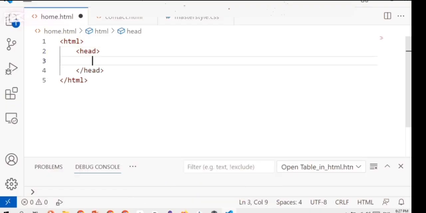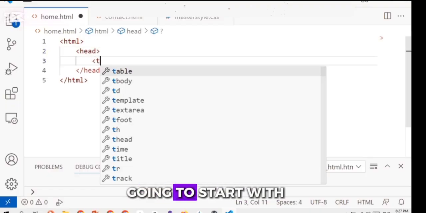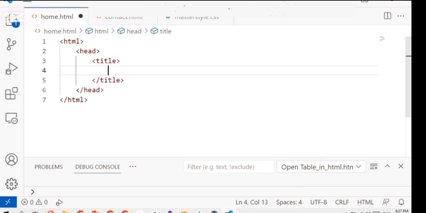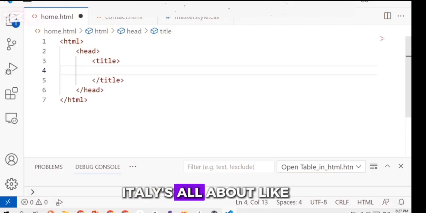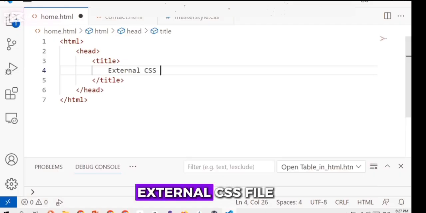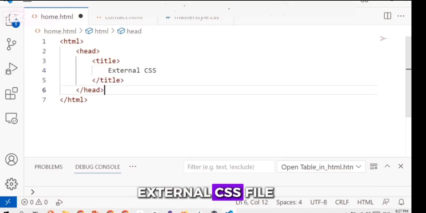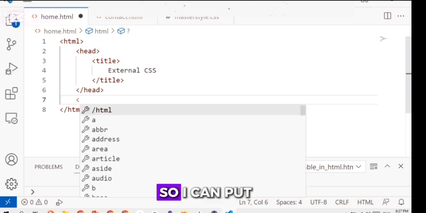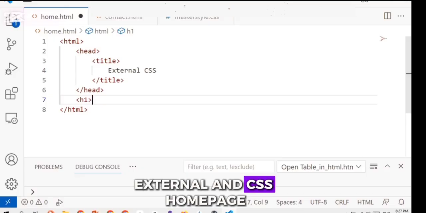Okay, so let's start. Here are three different files, two HTML files and one master style file. I'm just going to start with the HTML head, and within the head, the title. Let's say this title is all about the external CSS file, or external CSS, because this one is home.html, so I can put external CSS homepage as well.